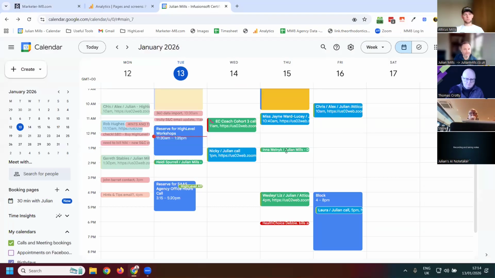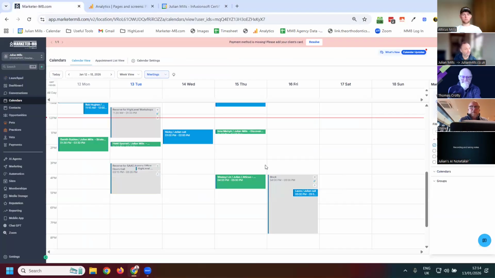So these are all calls that have been booked through HighLevel. Now, one thing to realize is, I can't just grab this meeting here and move it on this calendar. If this person has to change the time, the sync is one way. I couldn't move this appointment here and expect it to synchronize in HighLevel. It won't do that. If someone wants to change an appointment, you would do it through the actual HighLevel calendar,